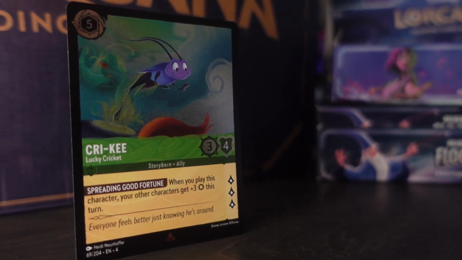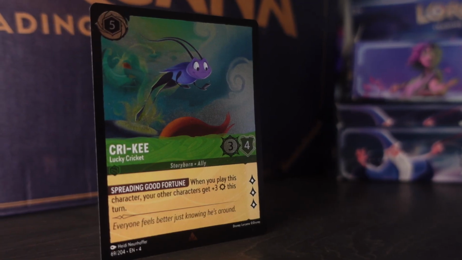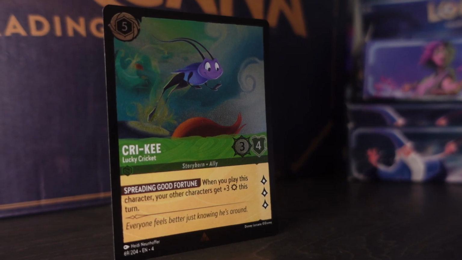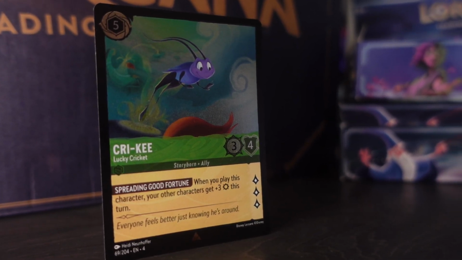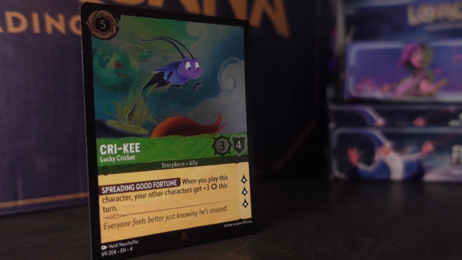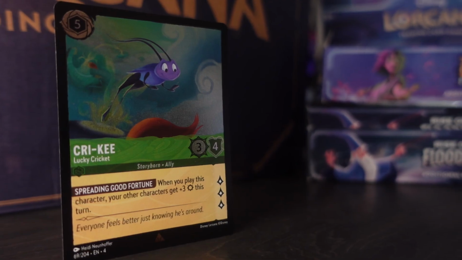Quickie. Quickie is a 5-cost 3/4 character that quests for 3 lore. Beefy card all things considered. It also has the spreading good fortune power that boosts all your characters' strength by 3 on the same turn you played it down. This is absolutely perfect in Green Steel, since traditionally your strength can be kind of low,